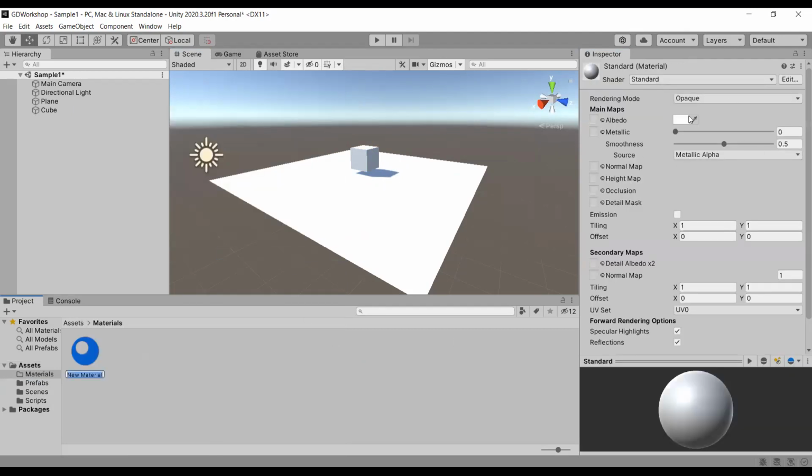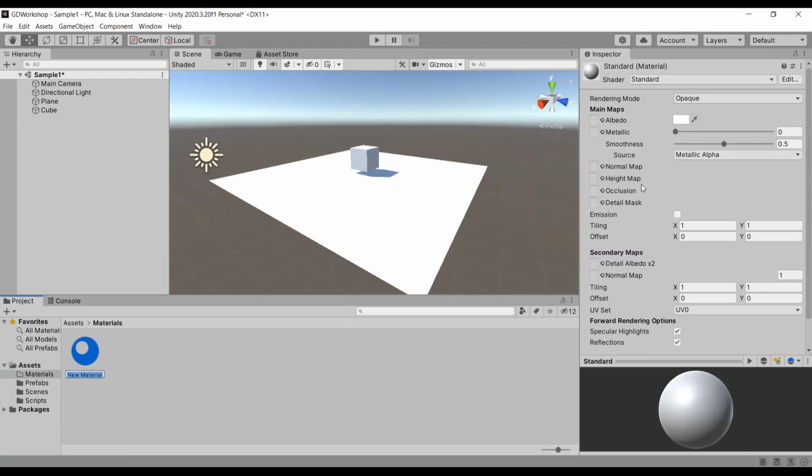In the material, you have all these parameters that you can change. Albedo is basically the light diffused, the amount of light that is diffused in the material. For now, I'm only going to explain albedo. Metallic, normal maps, and height maps are all intermediate stuff. Metallic basically gives you a glossy effect for your material. Apart from that, it is not too deep to learn.